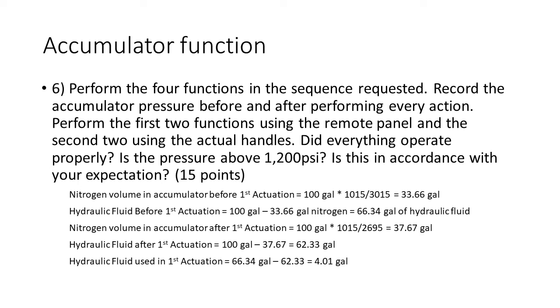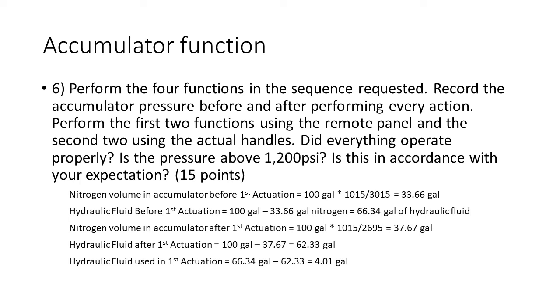When we divide 1015 by 2695 and multiply it by 100, we get 37.66 gallons of nitrogen. When we subtract that from the 100 gallons total, we're left with 62.33 gallons of hydraulic fluid after the